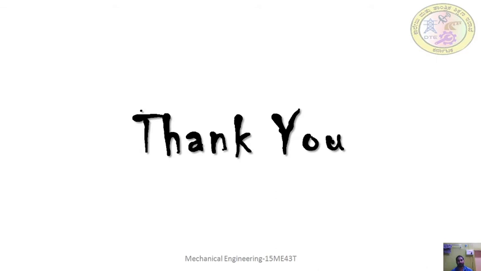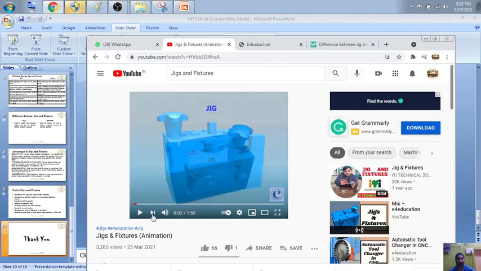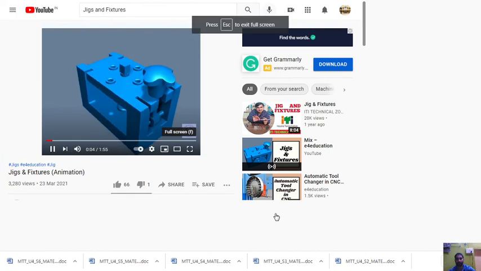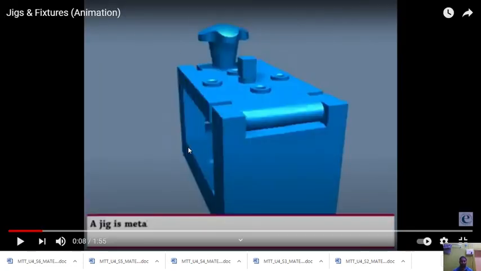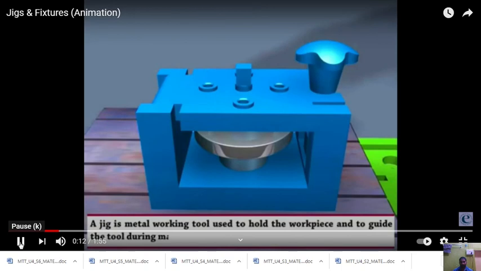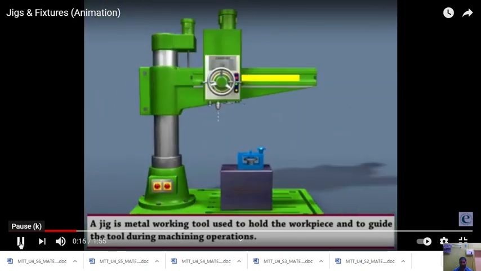Before ending the session, I will show you a simple video of jigs and fixtures. Let us see the 3D model of a typical jig. A jig is a metal working tool used to hold the workpiece and to guide the tool during machining operations.